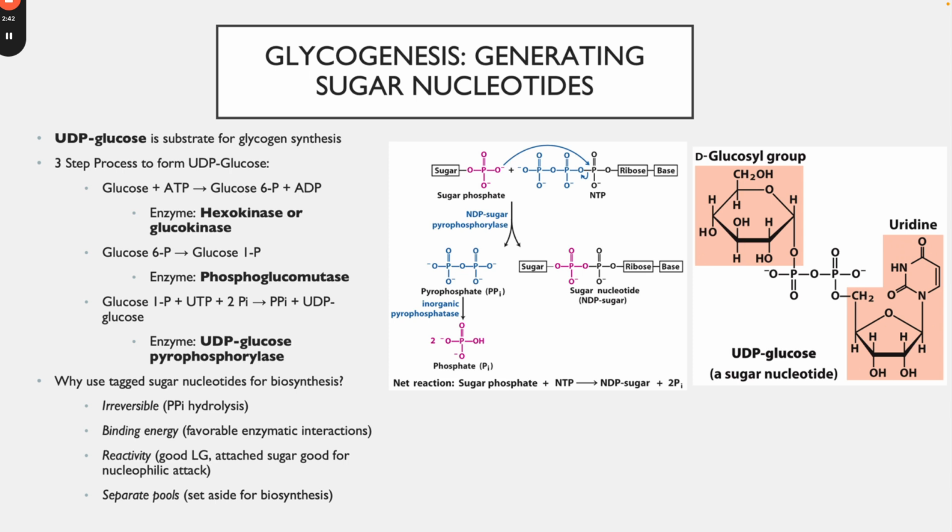adding a UTP, a uridine triphosphate. So it's a base. It's an RNA base specifically. If you remember uracil, that's exactly what this is. It's just a free uracil floating in space with a trinucleotide. That's what UTP is, for context. What we're going to do is take the glucose 1-phosphate, combine the UTP, and what's going to end up happening